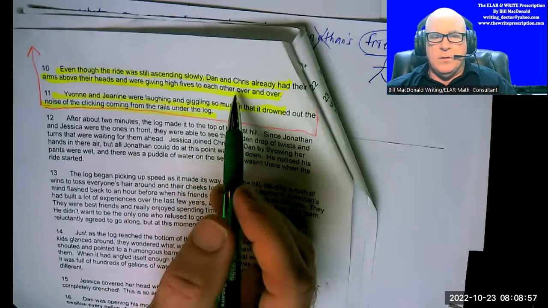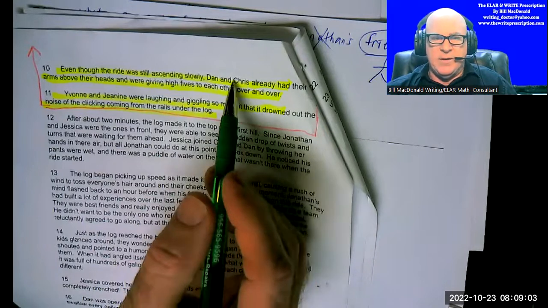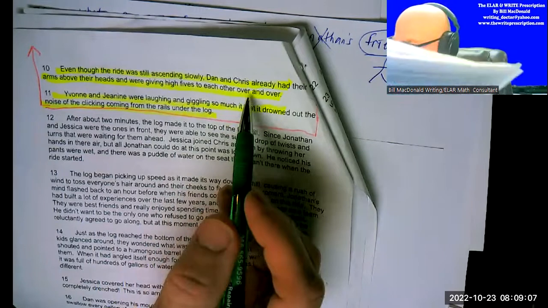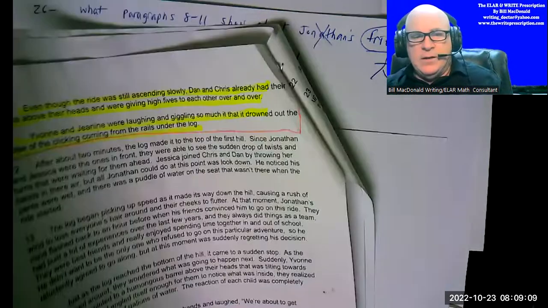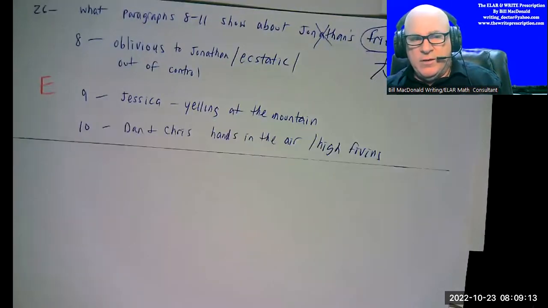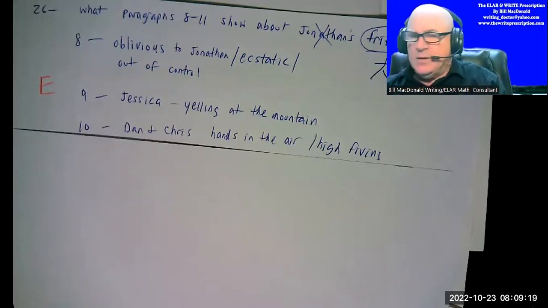And they're only paying attention to each other just for a brief moment as they give the high fives. Okay. So what I would write there, what's my evidence? Dan and Chris, hands in air, high fives, just keeping track of the evidence. Where is it at? What is the evidence? That kind of shows about their personality. And the last one,